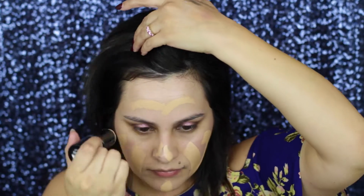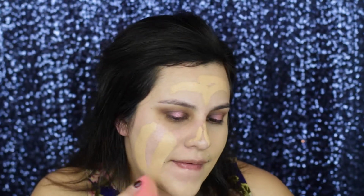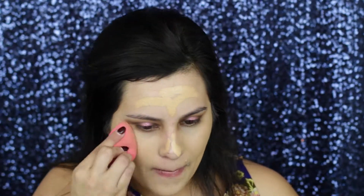So now I'm taking my Makeup Forever Ultra HD stick. I think this is probably my favorite foundation of all time. I'm going to have to do a full review and demo on it at another time, but I am just blending this all in with my beauty blender. It's crazy how you can just see your skin transforming in a different way than any other foundation with this. It just immediately smooths out your skin and makes it look amazing. Plus, with those Sephora drops, you have a nice luminous finish underneath your foundation that makes it look nice and